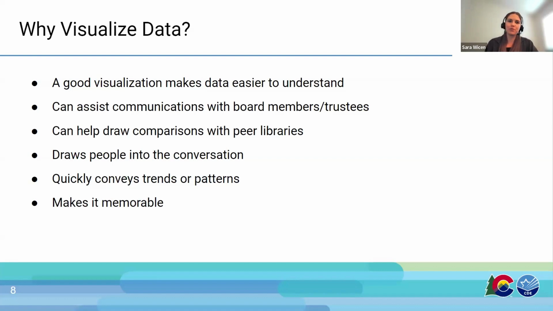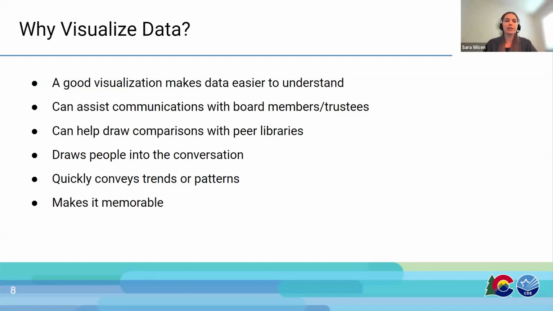There also might be times when you want to compare. We're looking at the third bullet point down, draw comparisons with peer libraries. For example, you might want to see how different libraries are evolving in this post-pandemic era, or what your library can be doing more of or better compared to other libraries in the state, or your peer libraries, some libraries that are similar in certain characteristics to your own. And really to learn from them, not to judge or make too many comparisons, but just to learn and grow in your library data journey.